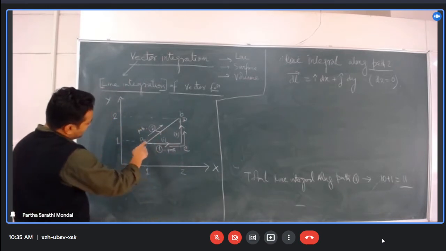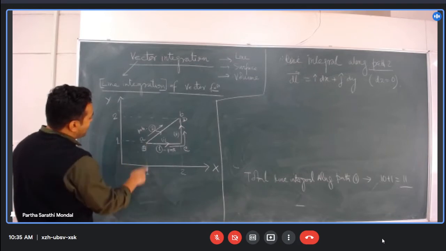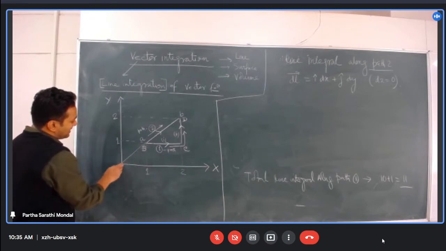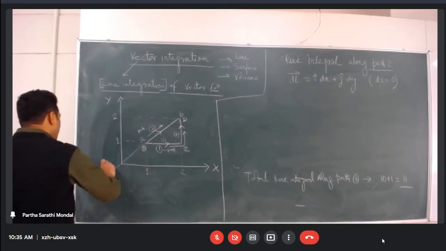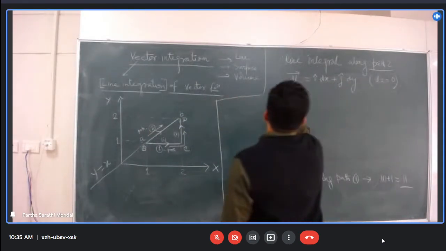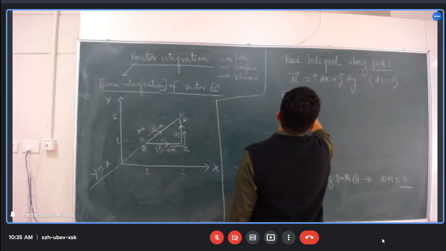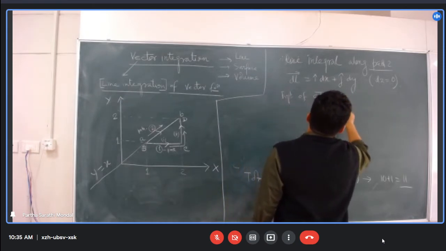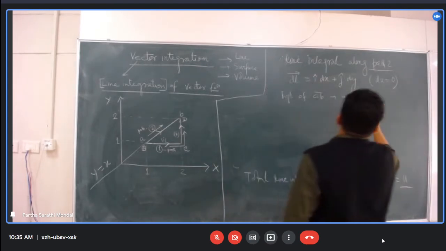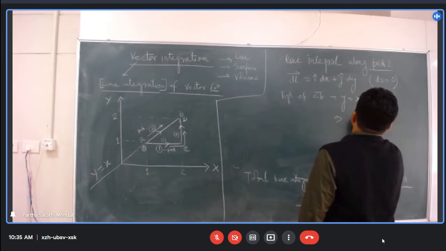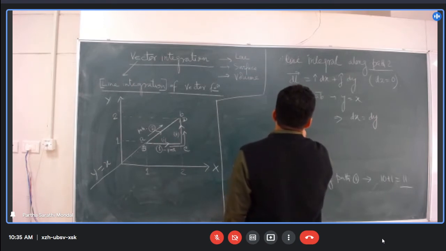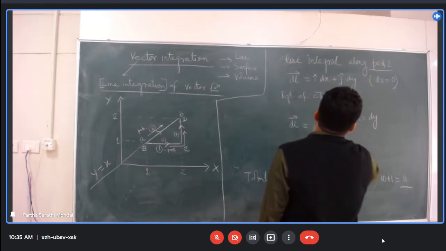If you see this curve, this line is actually going through (1,1), (2,2), meaning at a 45 degree angle. So what is the equation of this line? y equals x. If I use this, the equation of AB is y equal to x, so I will put this for a. So what does this mean? It means dx equal to dy also, both are the same. So ultimately dl becomes